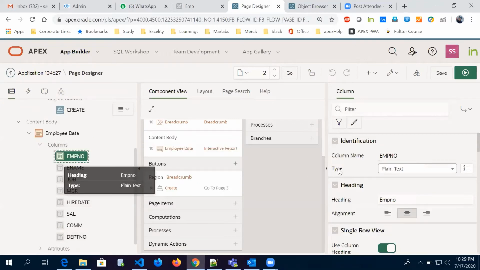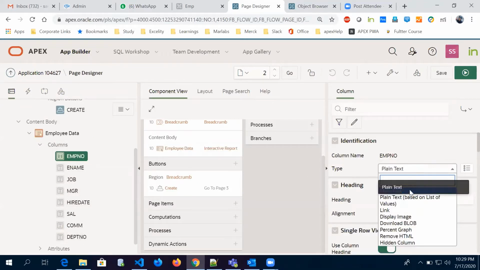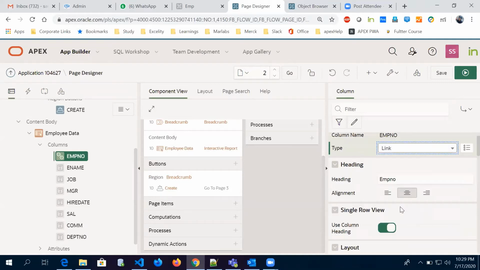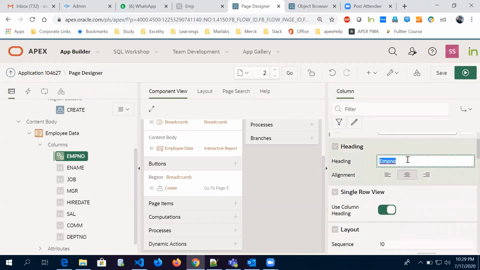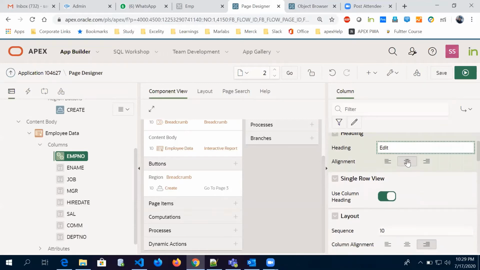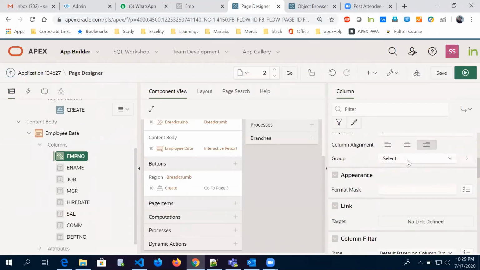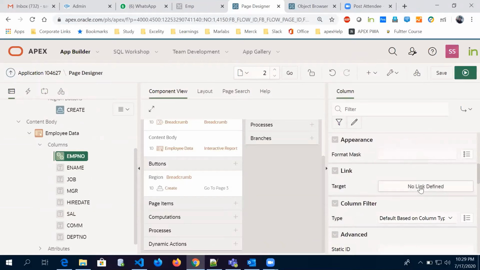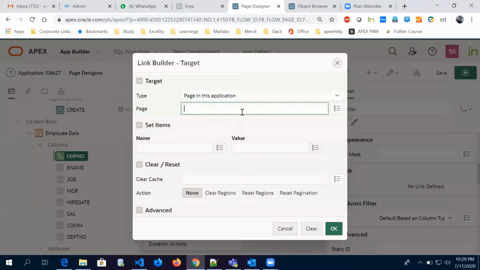Here, employee number: I'm going to select link, and the heading I'm going to give as edit. Let's forget about employee number, because I don't want the user to see it. So here I have written edit, and for the link I'll give page 3.